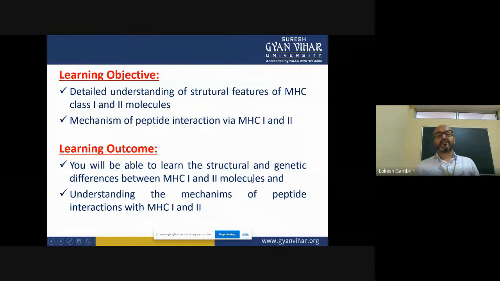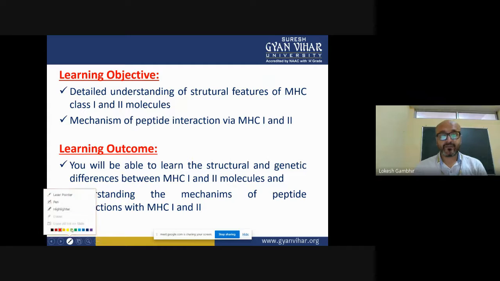Welcome to another lecture in the series of immunology. Today we'll be taking, again, a series lecture, so we'll be talking about the MHC part. We had already started with the lecture of MHC and had done understanding the concept of MHC class 1. Now we'll be talking today regarding your MHC class 2 molecule, and perhaps the most relevant part because the class